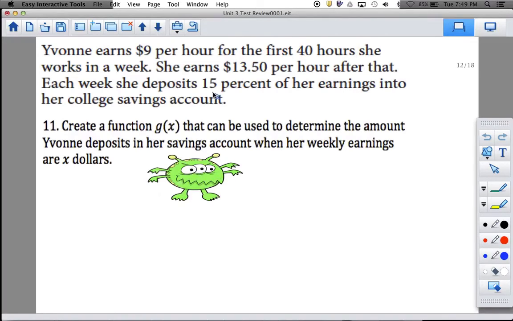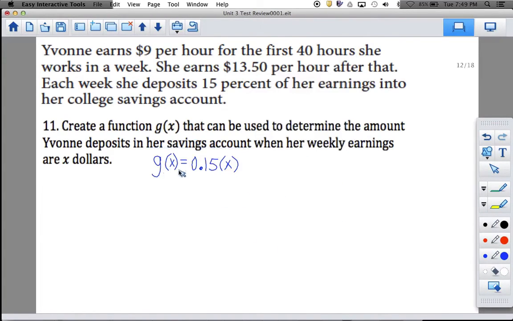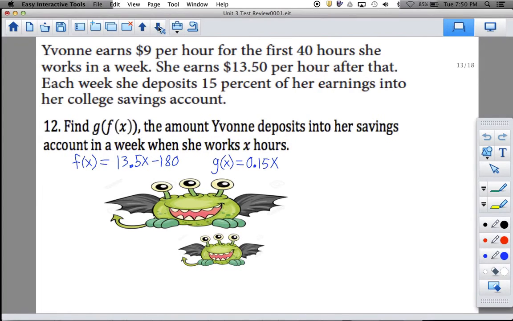She's going to deposit 15% of her paycheck. So that's a super easy equation. It's just g of x equals 0.15 times x, however much she earns, times 15%. Easy? Easy. All right. The next step is to take your f of x and your g of x and